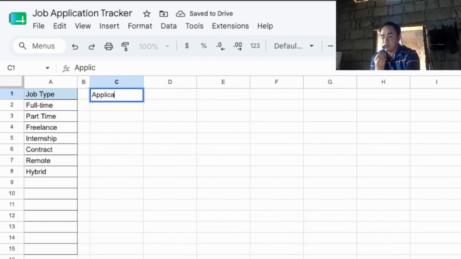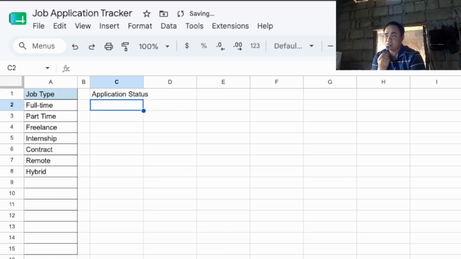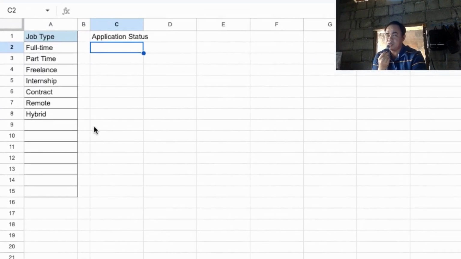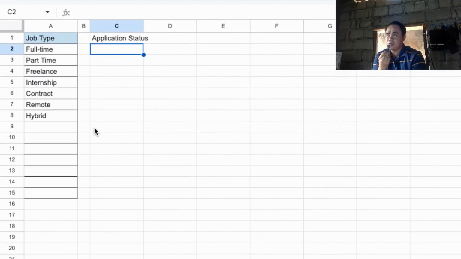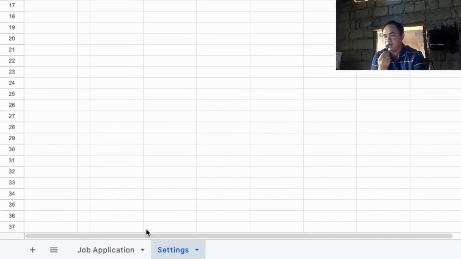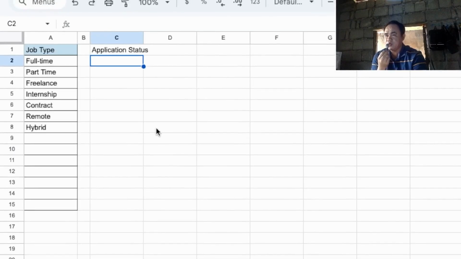So this one is application status. These settings, guys, are so useful because you just have to change the entry here, and then it will automatically change also on our job application tracker.